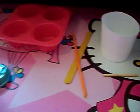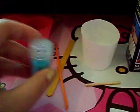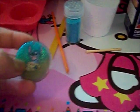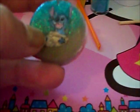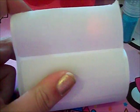sand, just any sand really, like this is just sand out of my sister's sandpit. So you'll need, of course, glitter. And then to make the sticker that you're going to be using in the charm, this Stitch one, you'll need some address labels that are sticker types, glue, just any type of glue,